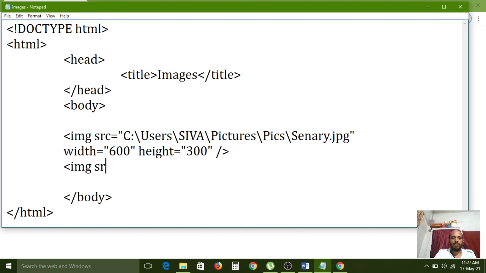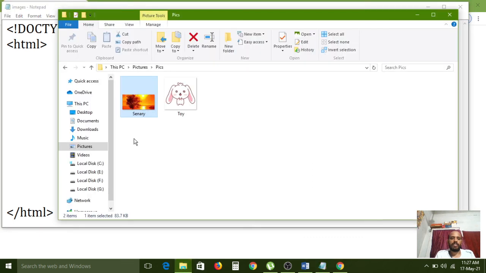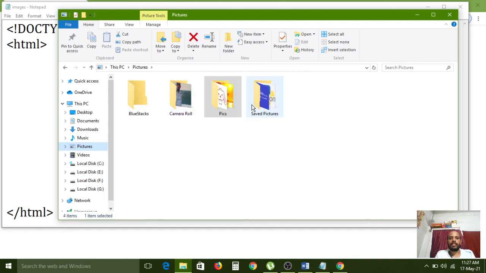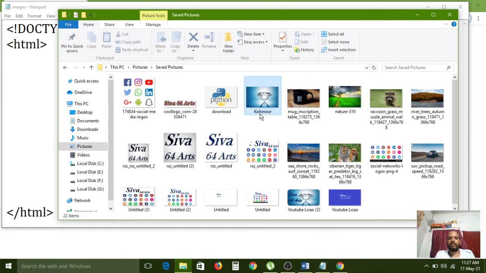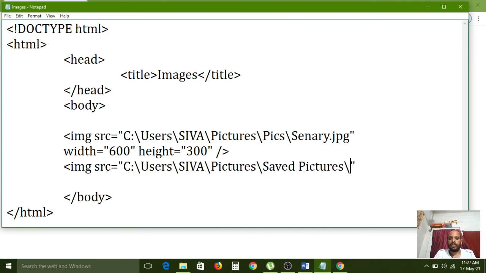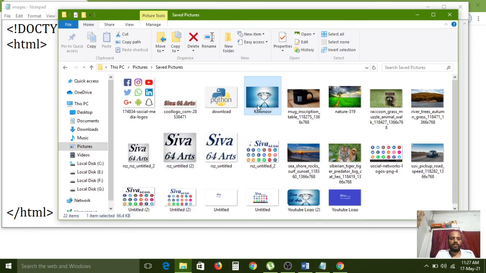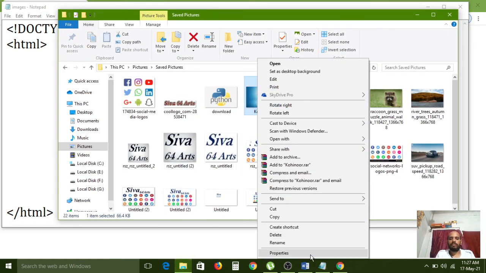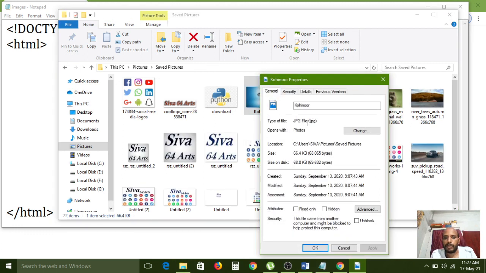Image source equal to, now I am opening pictures, saved pictures. Here the diamond symbol is there, Kohinoor diamond. For that, the location I am copying here, and I pasted it in the source. Just simply give one slash, and the Kohinoor type is what? .jpg.